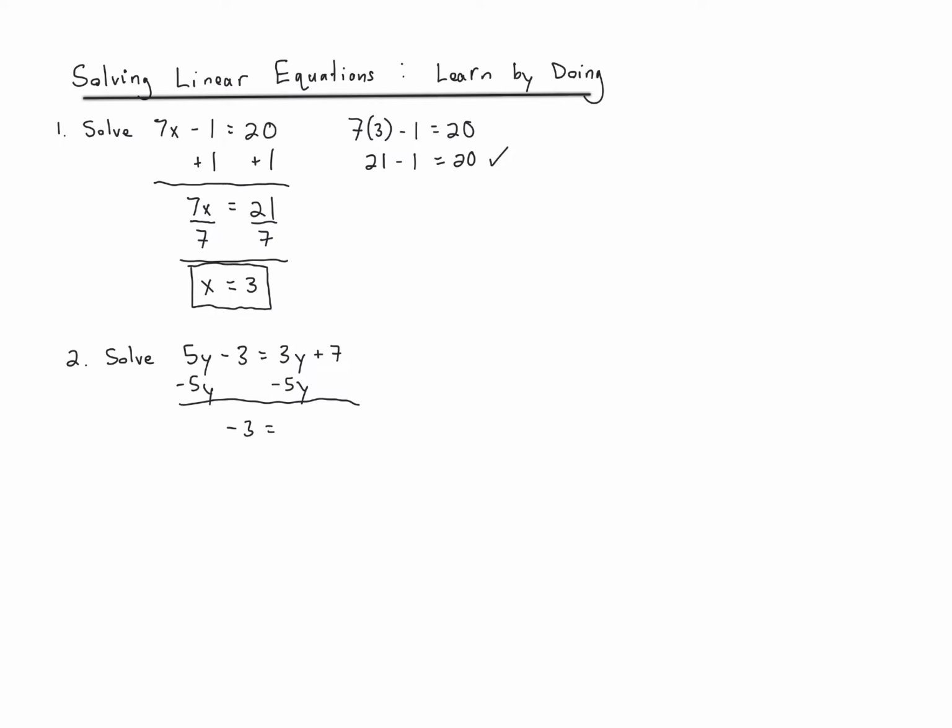When we do that on the right-hand side, 3y minus 5y is negative 2y plus 7. And the other option is that we could focus on eliminating the 3y on the right. To do that, we could subtract 3y from both sides. When we do that, that gives us 2y minus 3 on the left. And on the right, 3y minus 3y is nothing, so those go away, and we're left with 7 on the